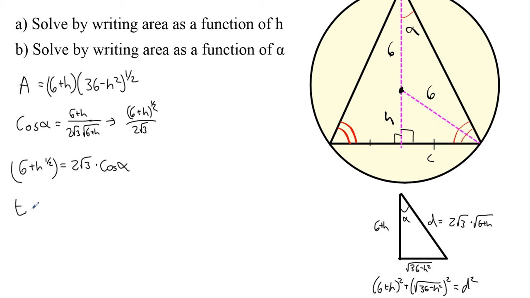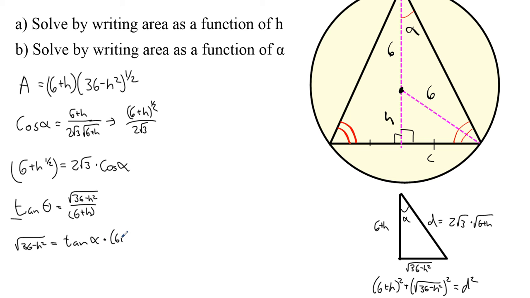Now, the tangent of alpha is equal to opposite over adjacent. And so the opposite side from the last one we said was the square root of 36 minus h squared, and then it would be over 6 plus h. All right, and so I can solve for (36 minus h squared) to the 1/2 by multiplying that over, and then I will get the square root of 36 minus h squared is equal to the tangent of alpha